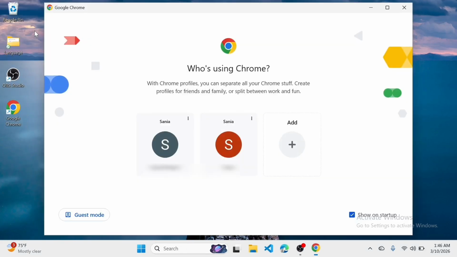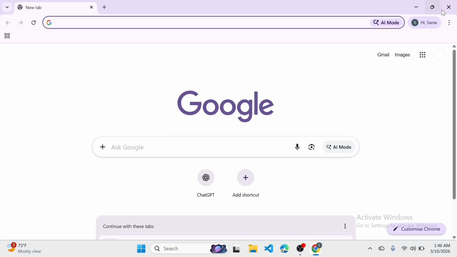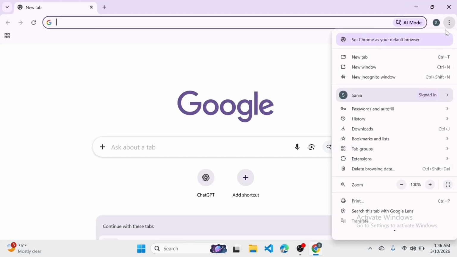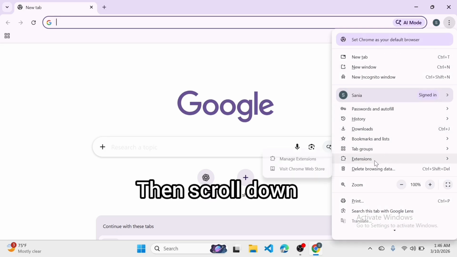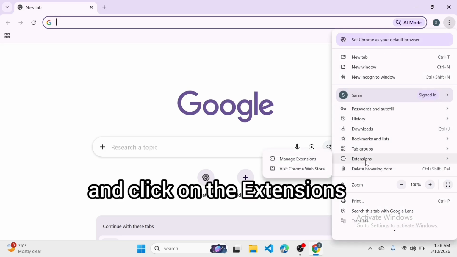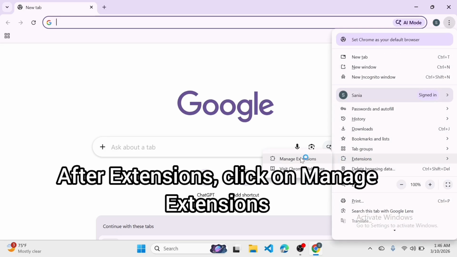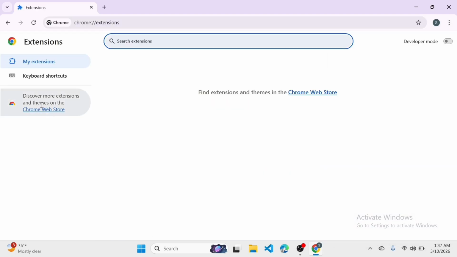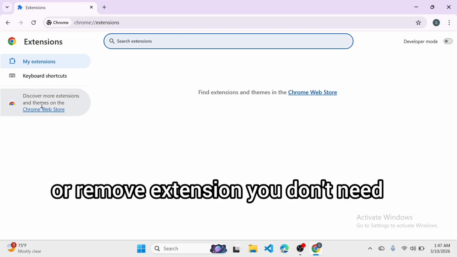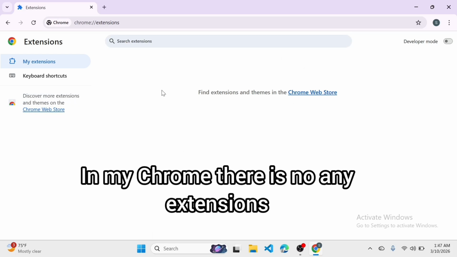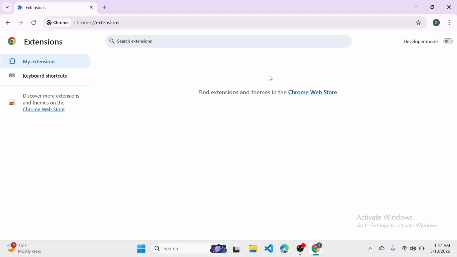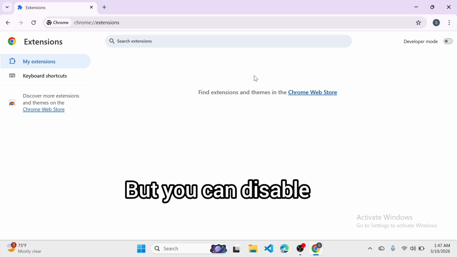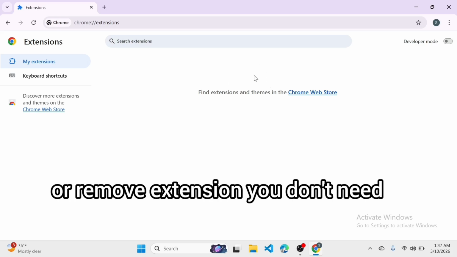Open Google Chrome, choose your account, then on the top right, click the three dots, then scroll down and click on Extensions. After that, click on Manage Extensions. Now you can manage, disable, or remove extensions you don't need. In my Chrome, there are no extensions, but you can disable or remove any extension you don't need, and then